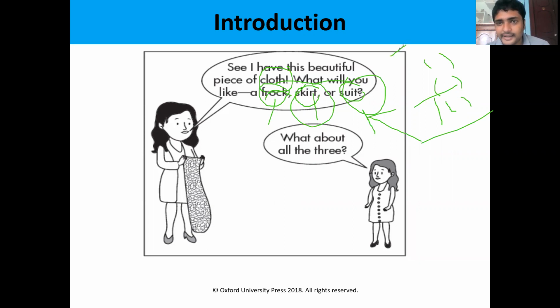So this is I, and this I consists of three abstract methods. Whichever method you like, you can use. Different users can use different methods. User one likes the frock, user two likes the skirt, user three likes the suit.